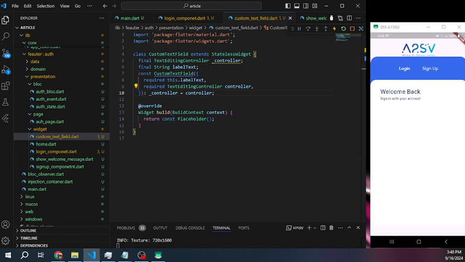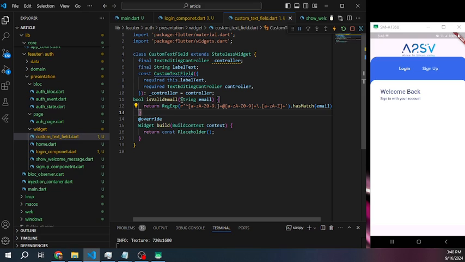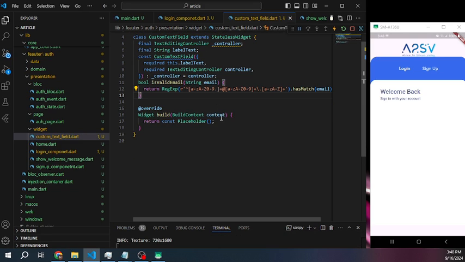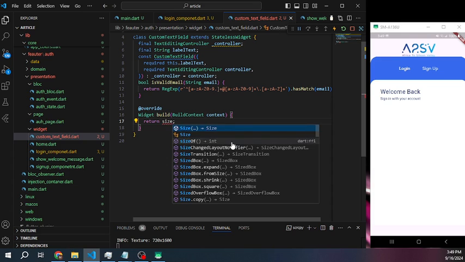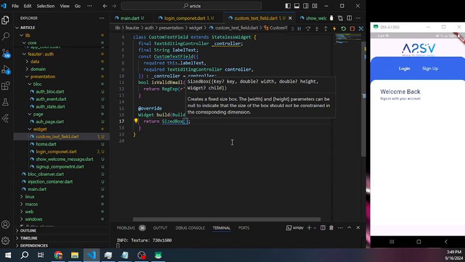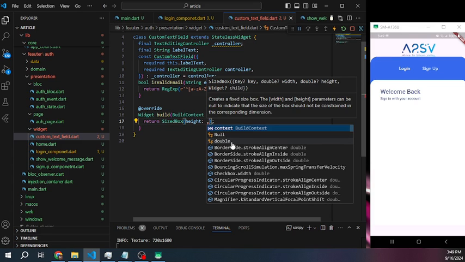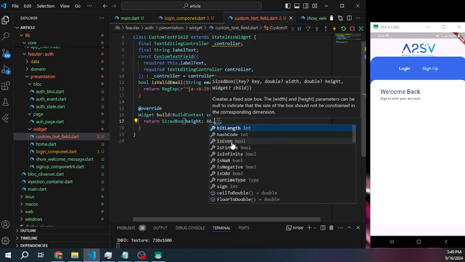Then we are going to do it to save our time. Let's copy paste our validator. It's going to be regex validator. Then let's build our input box. Our input box is going to be return sized box. Going to take a height and we like this,